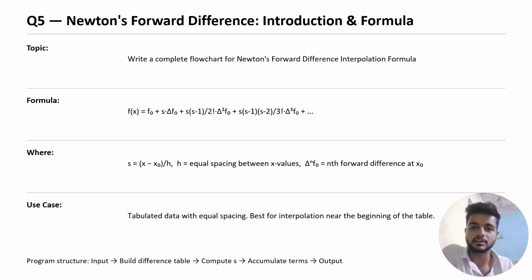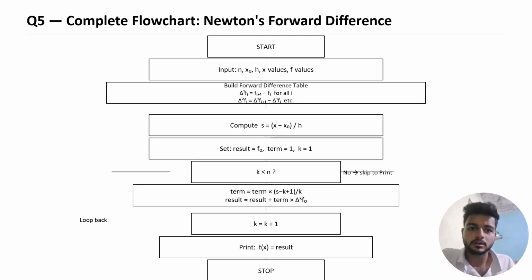Newton's forward difference, introduction and formula. Write a complete flowchart for Newton's forward difference interpolation formula. This is our question number 5. The flowchart is: we start the flowchart and take input n, x naught, h, x values and f values, building the forward difference table, delta f_i equals f_(i+1) minus f_i for all i,